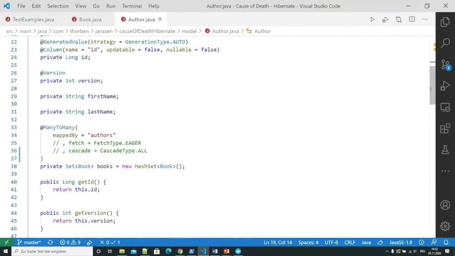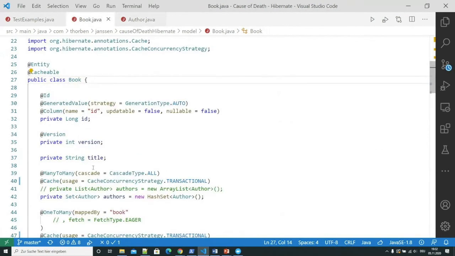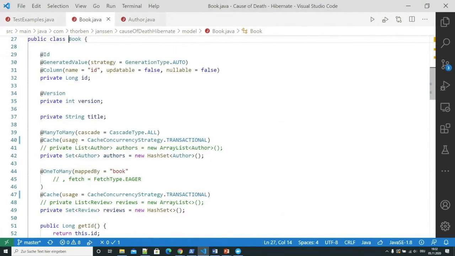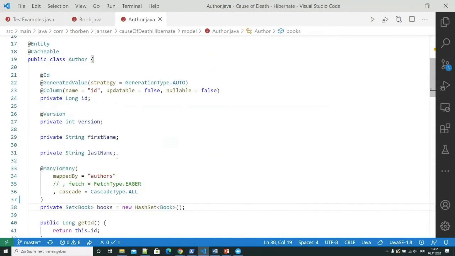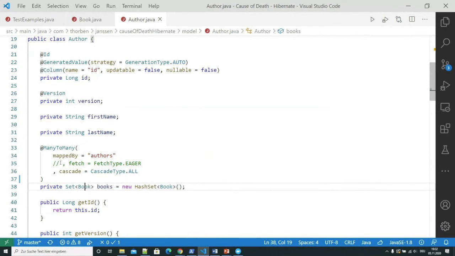Okay, last thing I want to show you tonight is cascading and how risky it actually is. So let's say we have our author and our book entity. And when we remove an author, we also want to remove the books that the author has written.